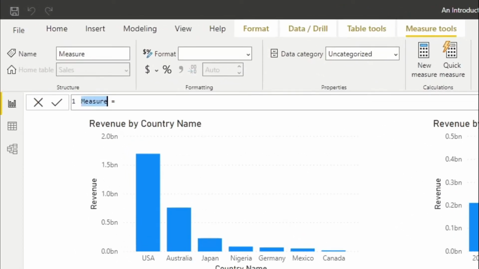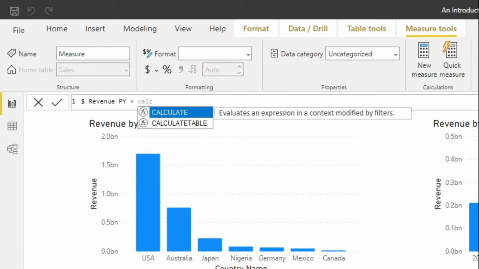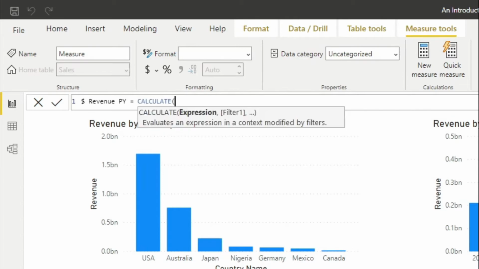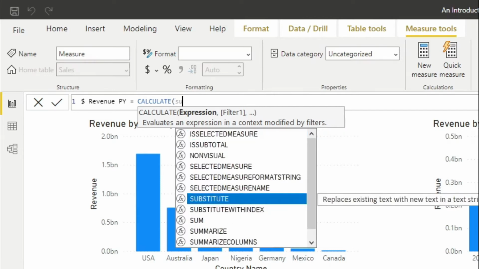Let's navigate over to it, and before the equals, let's type in $revenue PY for previous year equals, and then we're going to use a calculate function. So if you type in calc, as soon as calculate is highlighted, click on the tab or double click to enter into the formula bar, open brackets, type in sum,